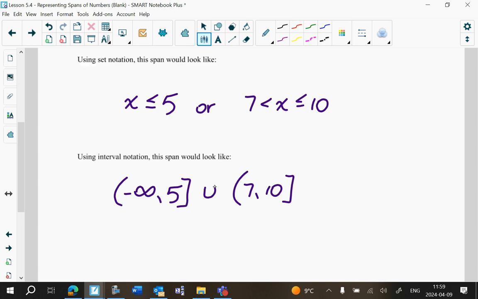No, I said we use parentheses with infinity symbols, because infinity is not a number. We don't know what that number is, which is why we use a parenthesis. That's just sort of the way we decided on the notation. Well, I wasn't part of the decision, but